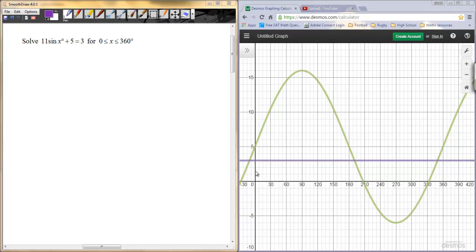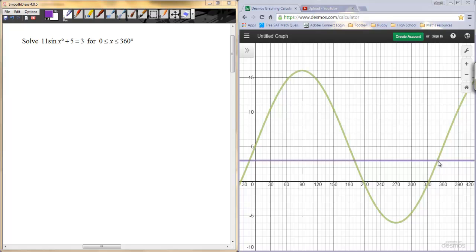Now you can see that there's an intersection just to the left of the y-axis here. This would be a negative x value, but it's not going to be one of our solutions because we've got a restriction on our domain here for x. X needs to be between 0 and 360 degrees. So following on through the graph, we see that they meet again here just beyond 180 degrees. So we're going to have a solution just a little bit bigger than 180, and then they meet again just